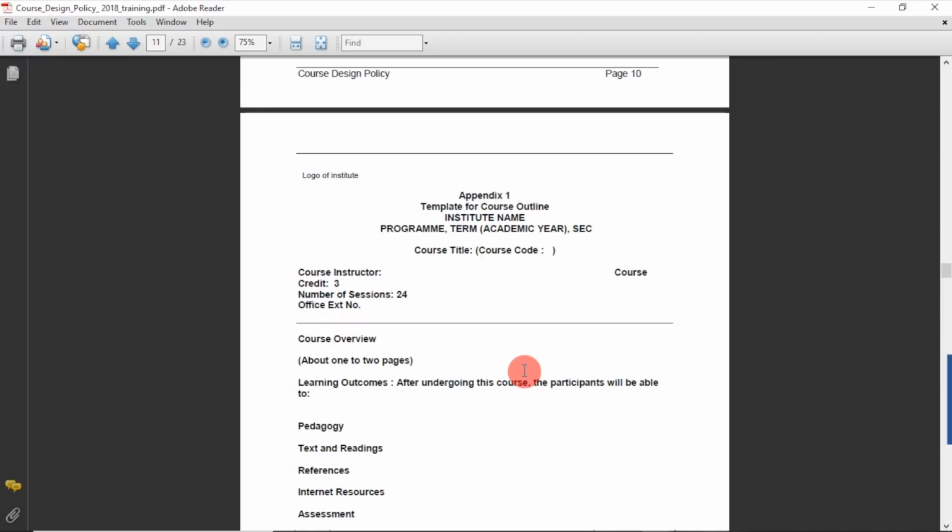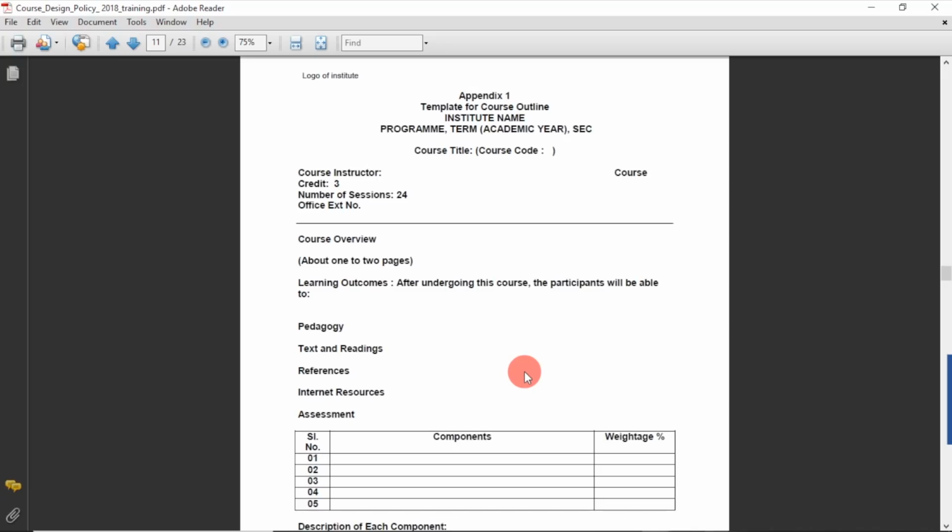We cannot say it is not in the syllabus and therefore we have not covered it. As teachers we can develop a course outline over and above the syllabus given by the university, and add a few more topics which we think are important for the student from the present day context.